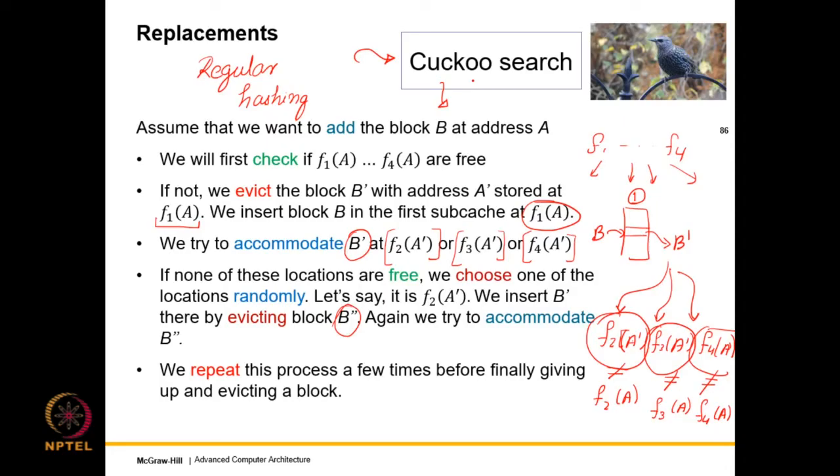So this is pretty much the history of this algorithm, which of course has found an implementation in the skewed associative cache scheme. As I said, we can do this tossing around several times, but of course, if the entire cache is full, we'll never find space. But we can do it a few times, and if we don't find free space, then we can evict the block to the lower level. So that option always exists.